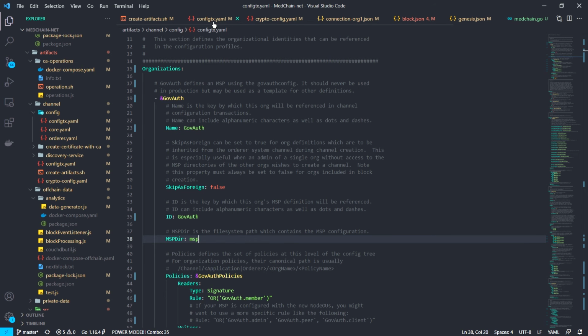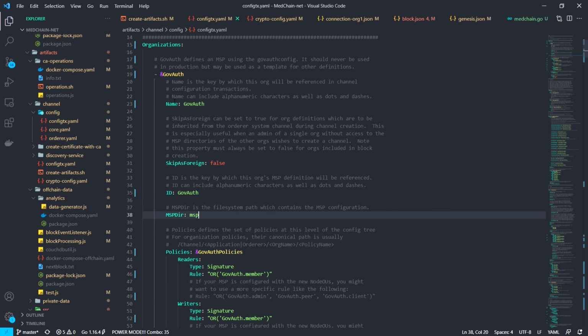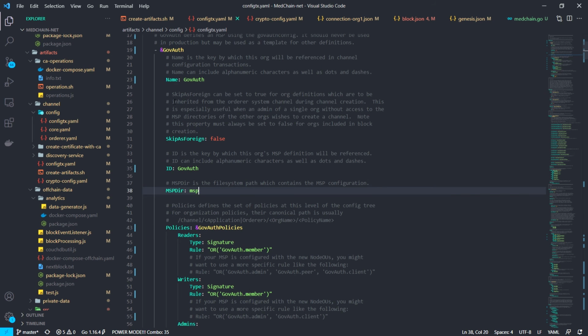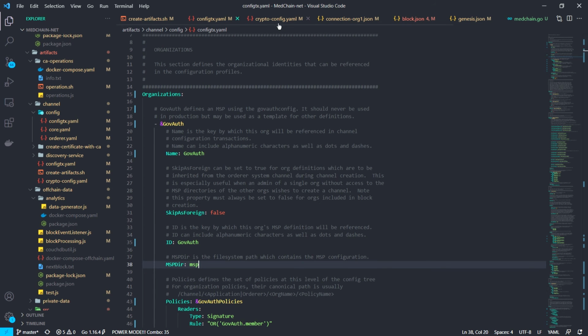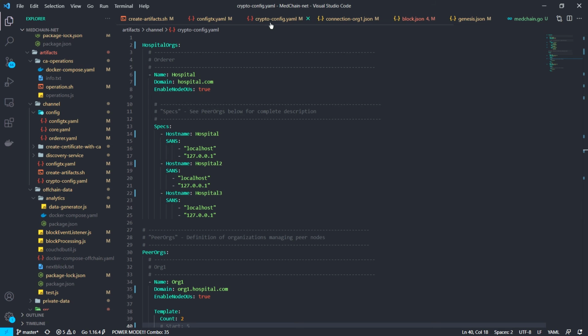Next, moving on to the configuration file. As you already saw in the architecture, our organization has the MSP as the government authority, and in this file we assign the signature type and the domain. Next, moving on to the crypto config files.